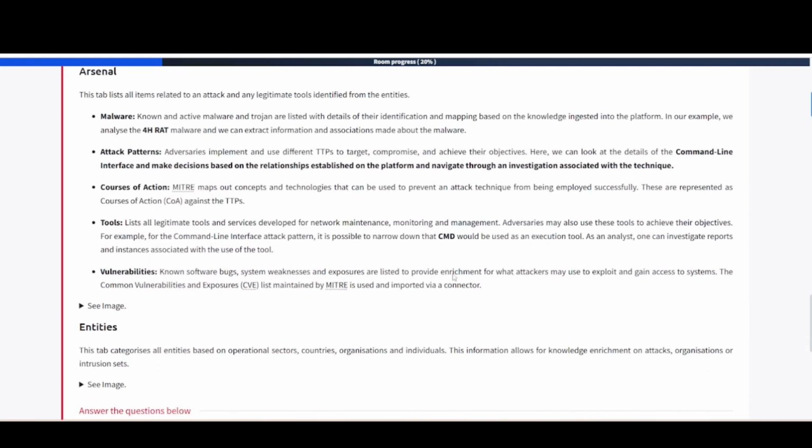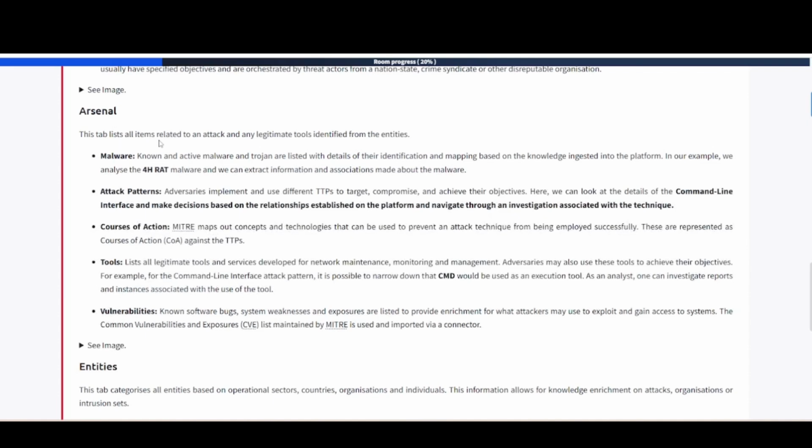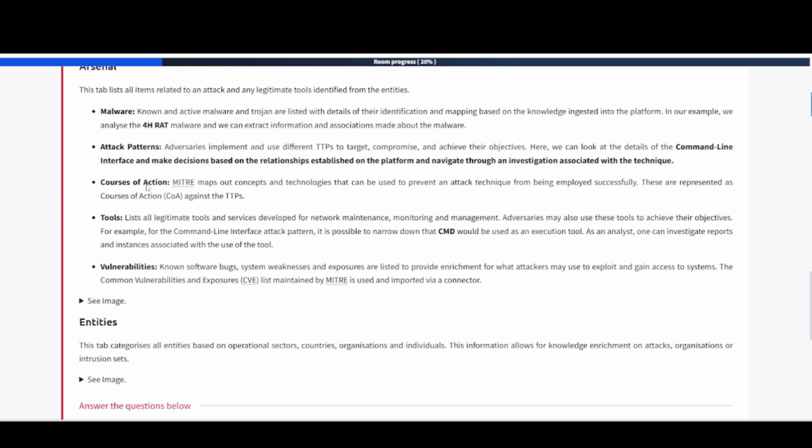Okay, and arsenal. Let's go ahead and minimize this. This tab lists all items related to an attack and any legitimate tool identified from the entities, malware, known and active malware, and Trojans are listed with details of their identification and mapping based on the knowledge ingested into the platform. In our example, we analyze 4H-rat malware, and we can extract information and associations made about the malware,